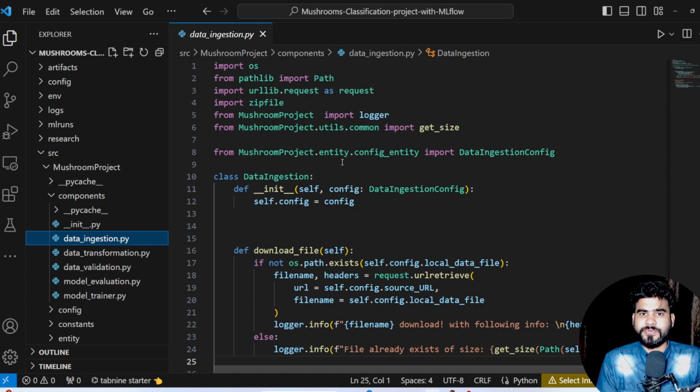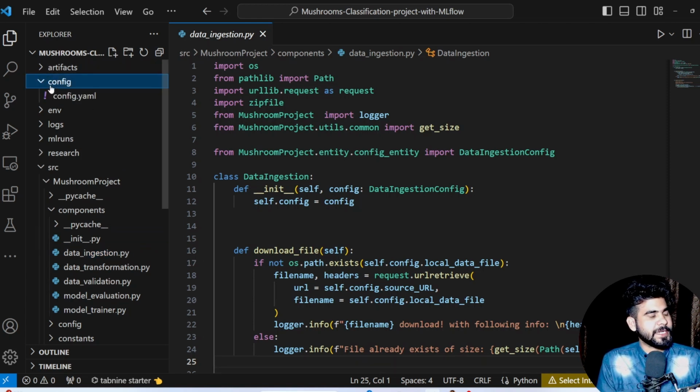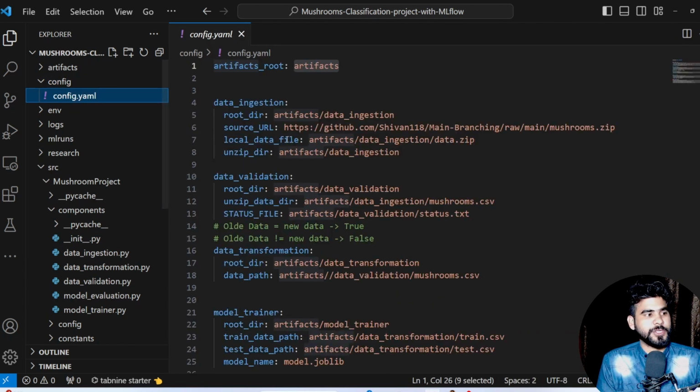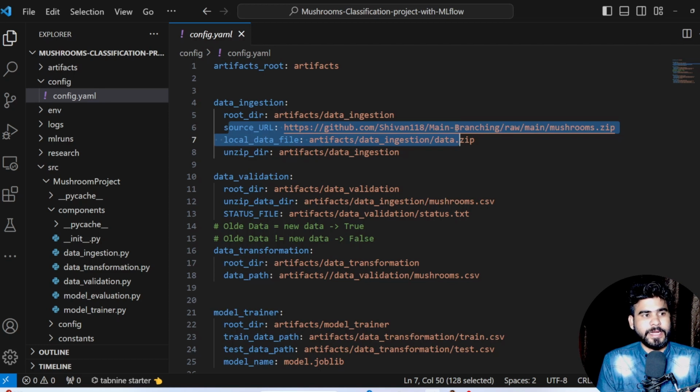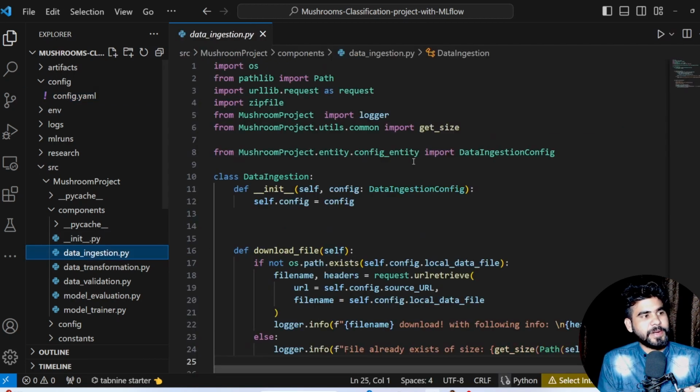So here, as we all know, we are going to fetch data from the central repository. As you can see here, I have mentioned a source URL called GitHub, right? So we are going to fetch data from the central repository on the GitHub platform, right? Now, in data ingestion, first of all we are going to import